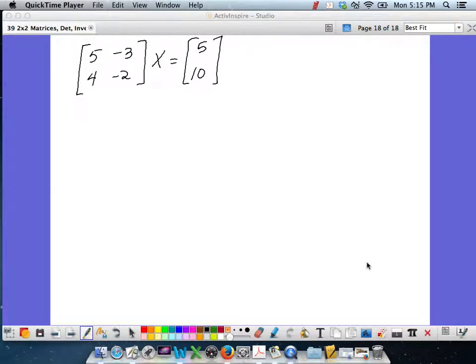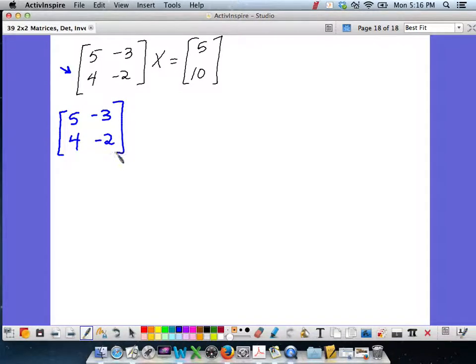Another example of solving an equation by using matrices is this problem here. Again, we want to go through the proper steps. The first step is that we want to find the determinant of this particular matrix here. So I'm going to pull that down. 5, -3, 4, -2. I want to find the determinant of this matrix, which is going to lead me to